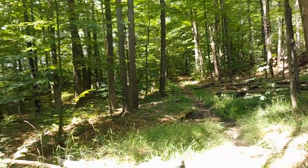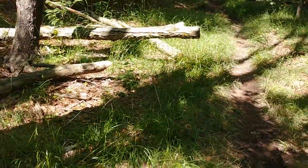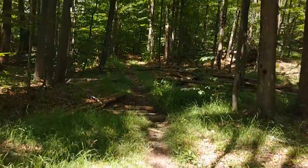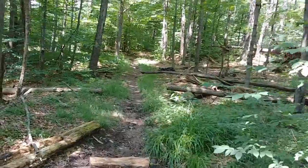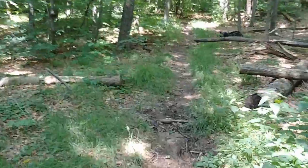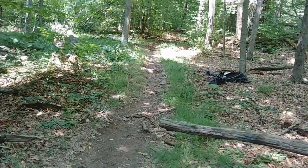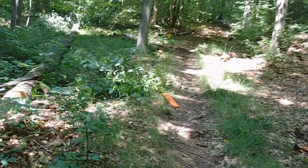But down here, this first one, it actually broke the piece that was out over that I was hoping would just go up in the air and hang up there, but it actually broke off because I looked up the trail. Some hikers came through and there it was laying on the trail. So I just cut it up. Had a hard time getting the darn saw started. I don't know if it's because of the heat or what, but it would fire up, run real fast, and then shut right down like I shut the switch off. So, but this first one I cut down,